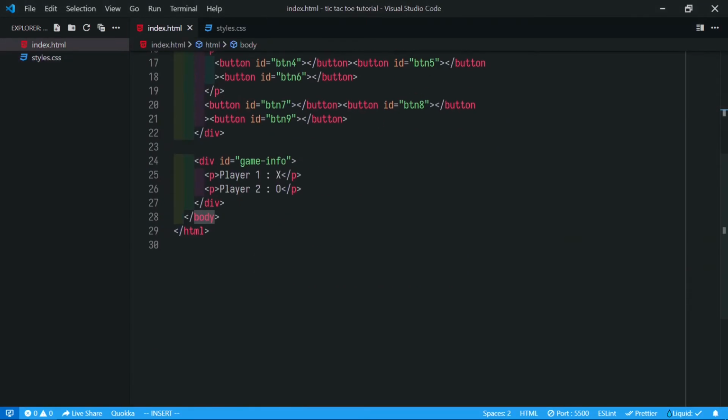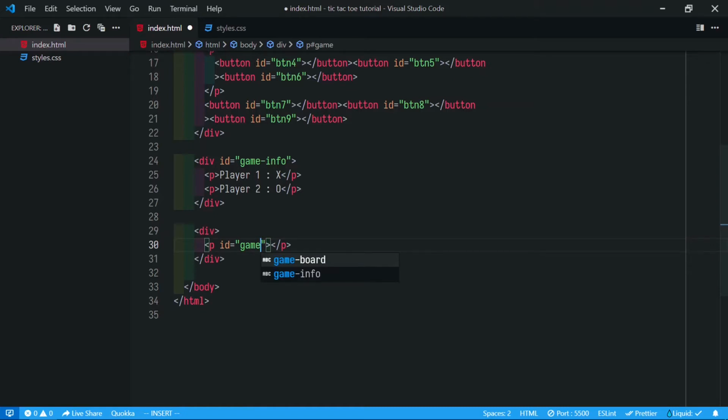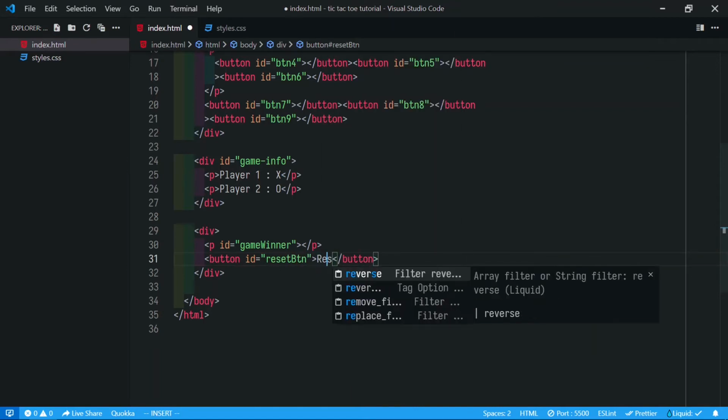So we will have another div right here, and give the id like game winner for the winner, and a button, and give the id like reset button for resetting the game.